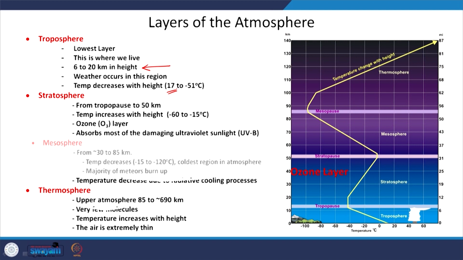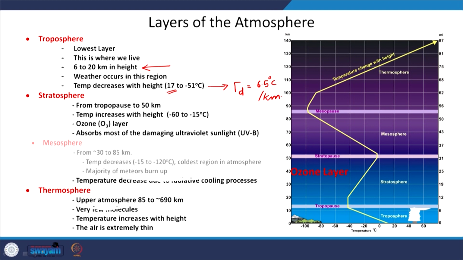So, here what you define, maybe this is the right point that we mention this parameter. The rate at which the temperature changes with respect to height is generally called the adiabatic lapse rate, which is approximately 6.5 degrees Celsius per kilometer. That means that if you travel 1 kilometer into the atmosphere, in the vertical direction, the temperature will decrease by a magnitude of 6.5 degrees Celsius. So, these are a few details about the troposphere.